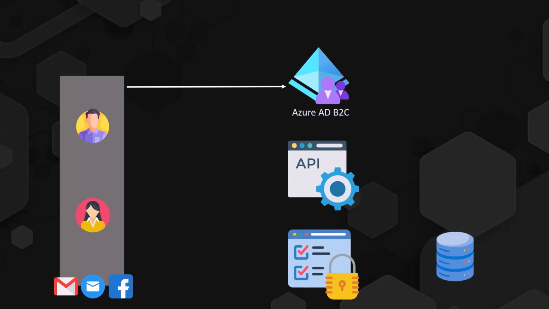Once the registration or sign-in is successful, Azure Active Directory B2C will return a token back to the user. Now when we are trying to access anything, we have to pass that token, and that token basically tells the application or API that, hey, I have been authenticated by Azure Active Directory B2C, and this is the proof of that. If that token has been altered, the application or API will reject that token. But if the token is valid, then the API knows that authentication is already done and this is a valid user